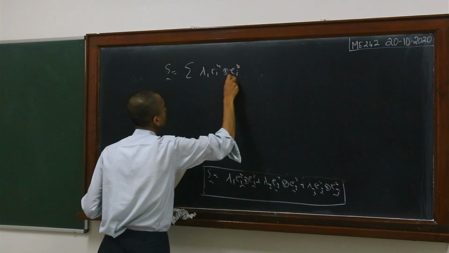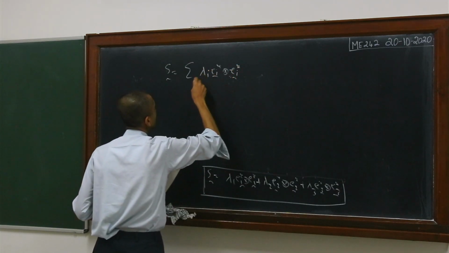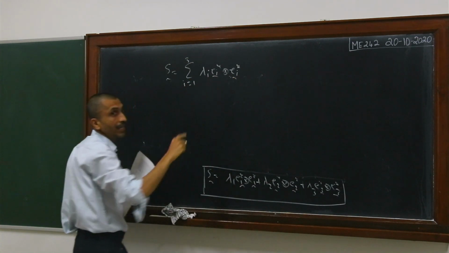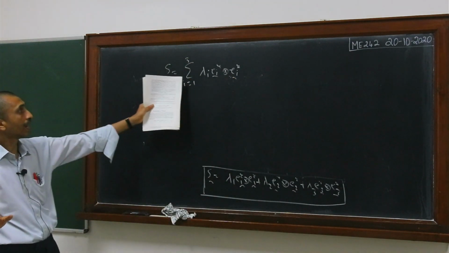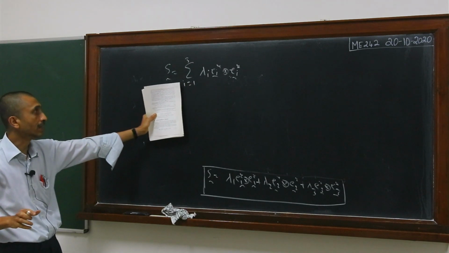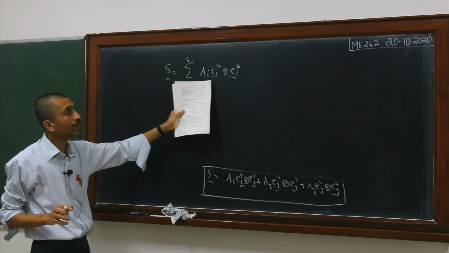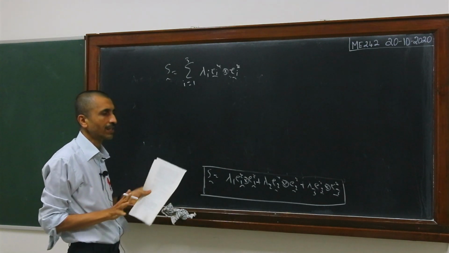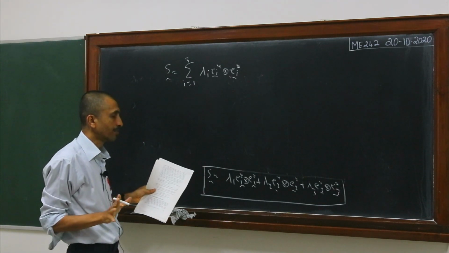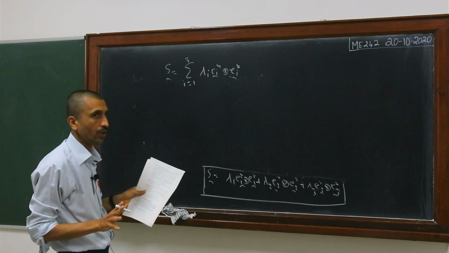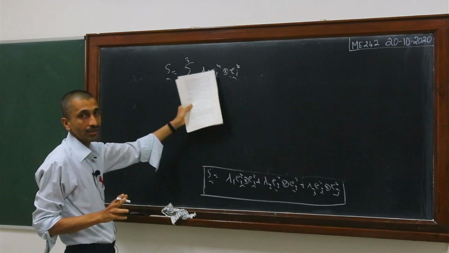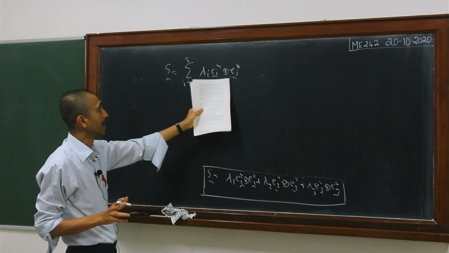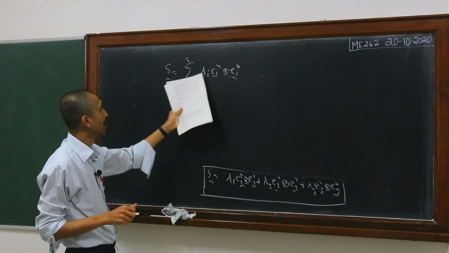See, here we do not use the summation convention, because this index i is repeated 3 times, and if I drop the summation sign in this particular case, it would be a violation of the summation convention. We have set the convention that the dummy index should be repeated twice and twice only. Here it is repeated 3 times, so I will put in the summation sign explicitly. Whenever there is an index which is repeated 3 times, I will put the summation sign.